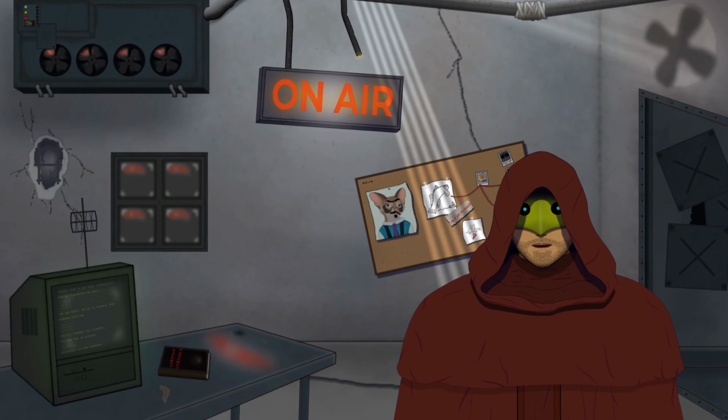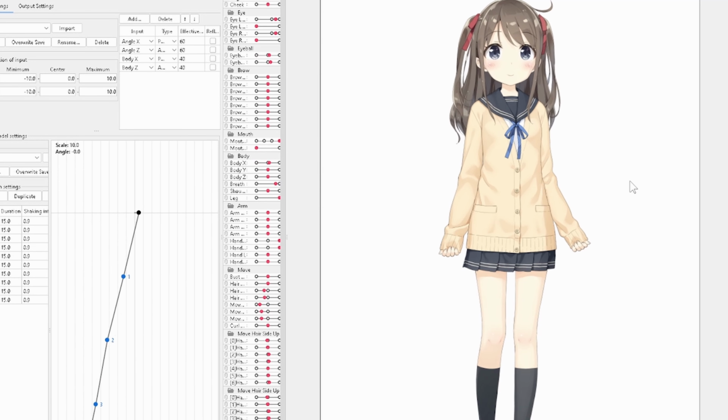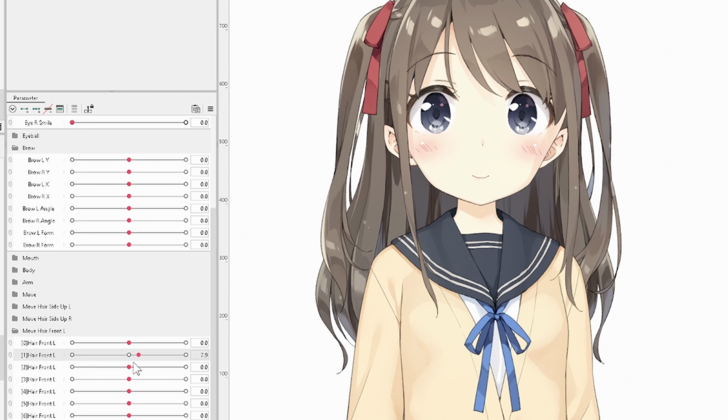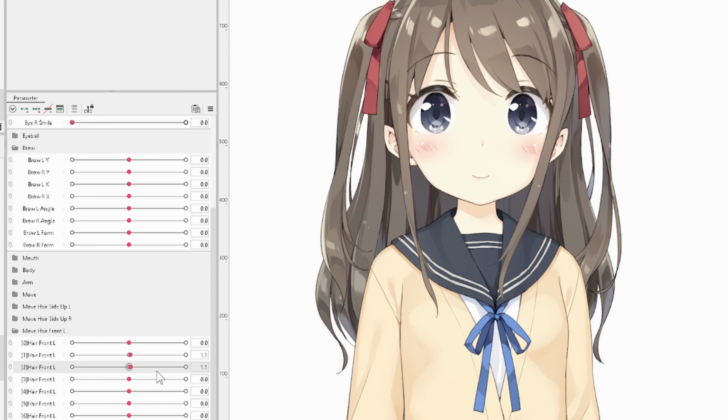Now, the other thing to know about with animation is physics. Physics seems intimidating, doesn't it? It's not. Physics is just like extra animations that you have that trigger when you're doing animation. So like if your hair would move if your head was moving, you would just create the hair wiggling left to right and up to down with certain animation sets so that when that happens,